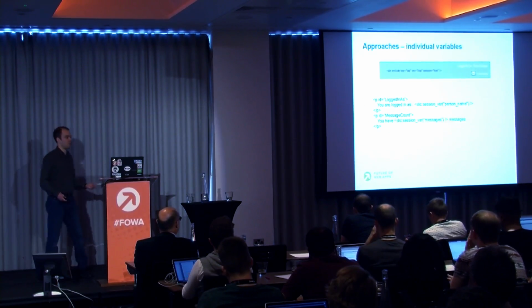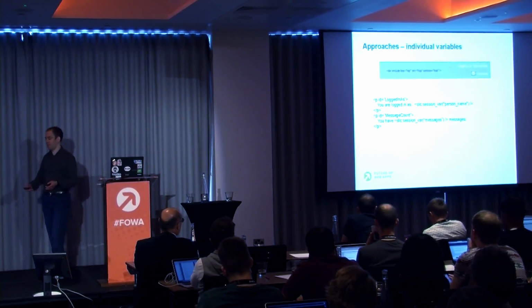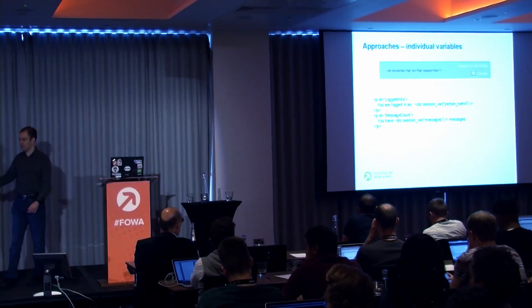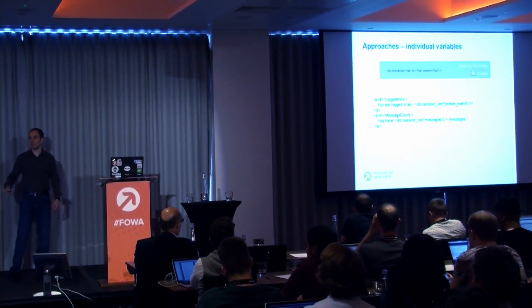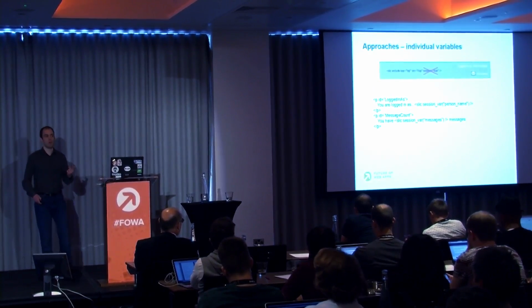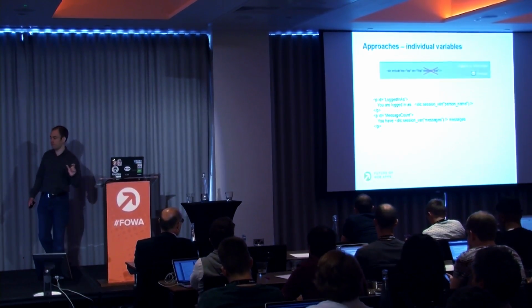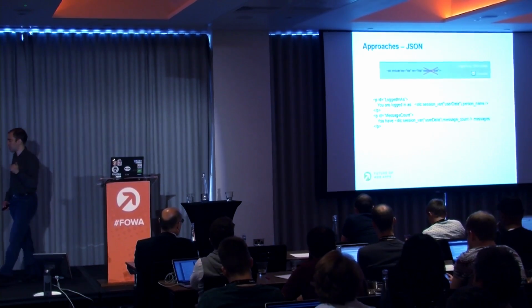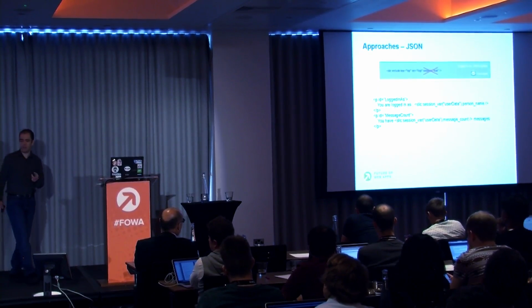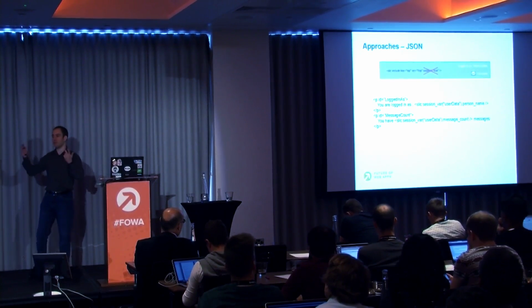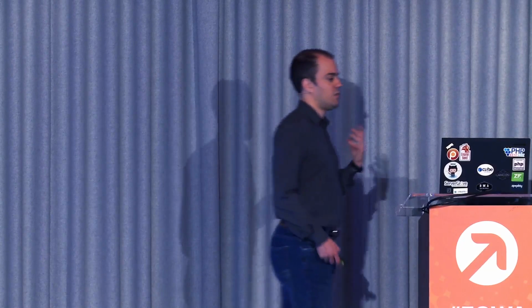So a more efficient way would be to replace 'you have 5 messages' by 'you have session variable messages'. And now it's going to be the same for everyone. I only have to store 1 top block and it's going to automatically put in the right number of messages. And actually in the Slick version, we also added JSON support, so you can store the whole thing as user data and just have an array in there that has person name and favorites and all of those things, and it will automatically fetch all of that out.